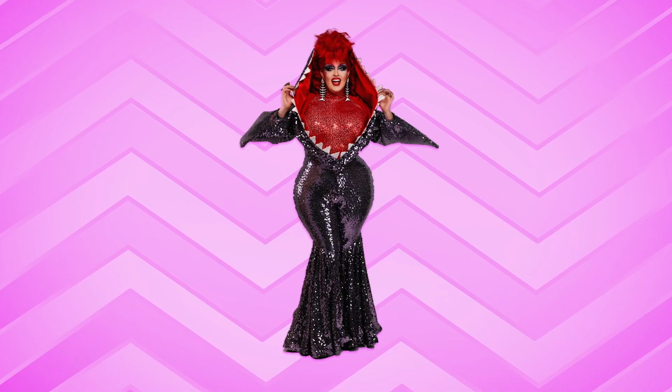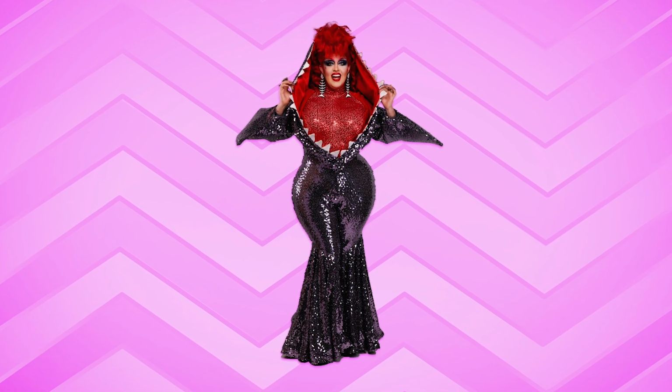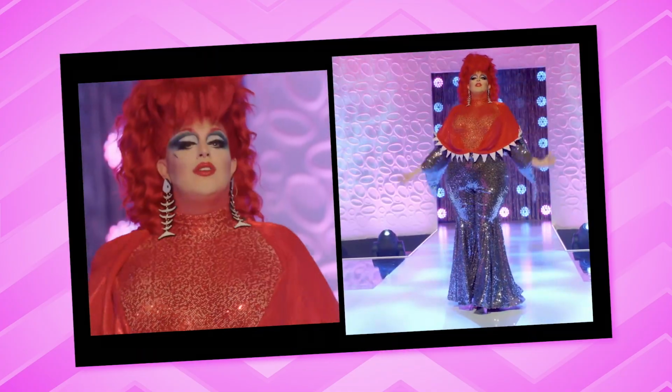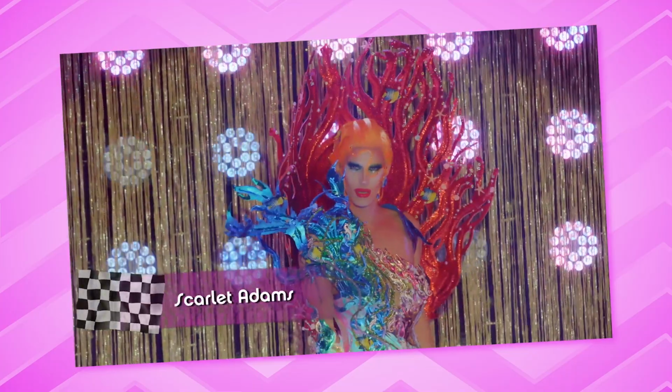I love it. I love the color. See, this is what I came to see Australian queens do. I love this. It's really fashion-y, but it also has a sense of humor. It is obviously a sea monster or a shark. The mouth kind of engulfing her and the red. It's beautiful, and I give her a 2. 2. I love a disco shark, bitch. Come on, disco shark. And last but not least, Scarlet